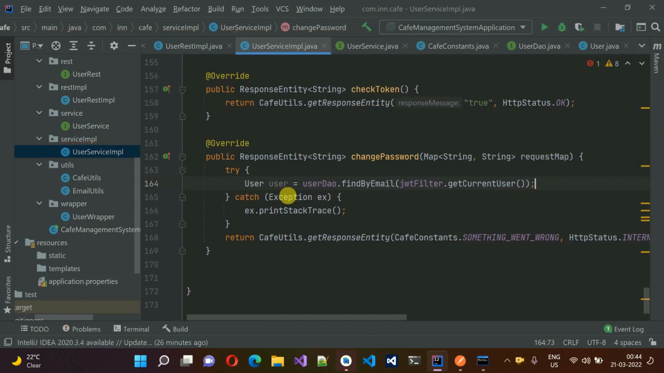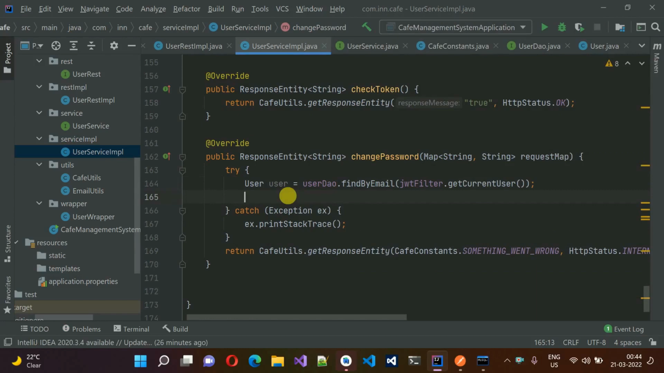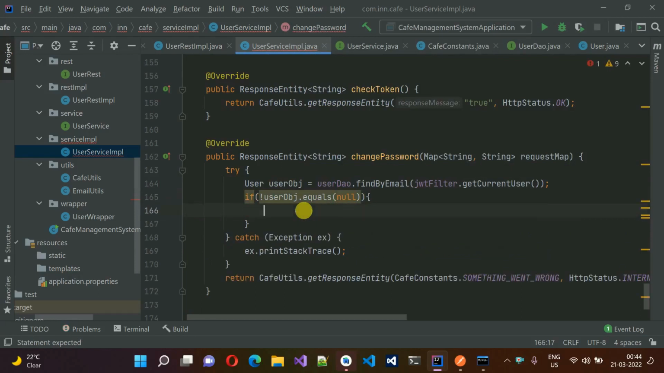This will return the current user email. Now we have the email. It means that if that email is not valid, then what do we want to do? If not user obj, this is the user. I'm going to just name this one obj so that we can uniquely identify the user object. dot equals null. Then what do we want to do? Just make some space, and here if this one is null, then I want to return